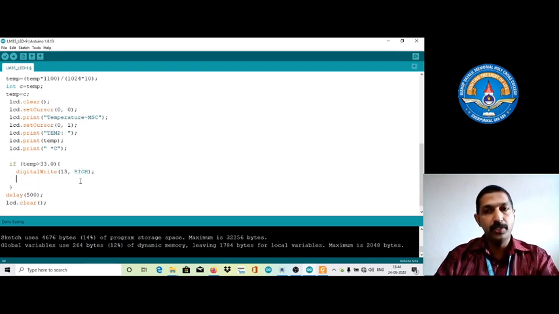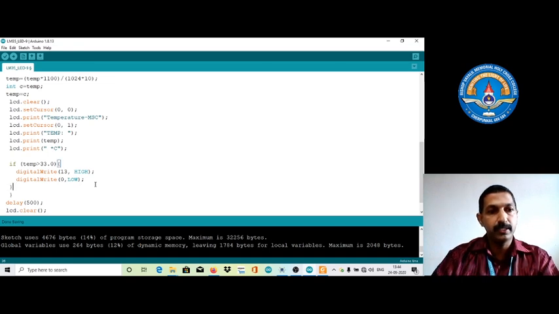At the same time, we need to disable pin number 0, that is digital write 0 to the low value. So this is the portion for if the temperature is more than 33.